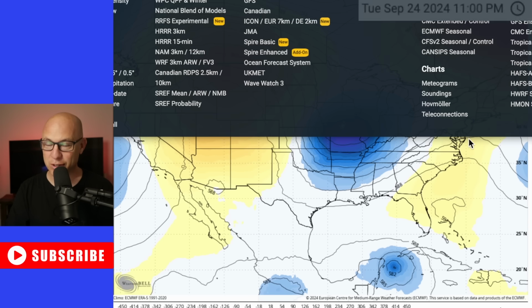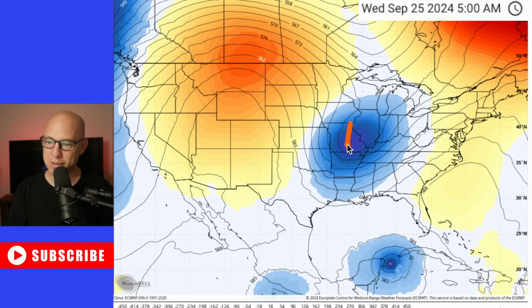Here's why it's different. You've got this trough here digging in. This is an upper low. And if you remember Sandy across the Northeast, you had a strong upper low here that hooked the storm in. That was a little different though, right? This means an area of low pressure, an upper low, if you will, way further south than it normally is this time of year. And now you've got a strong hurricane developing here. This is an ingredient you don't normally see, but this is an ingredient for a fast-moving storm,